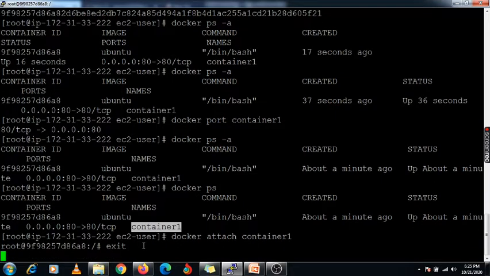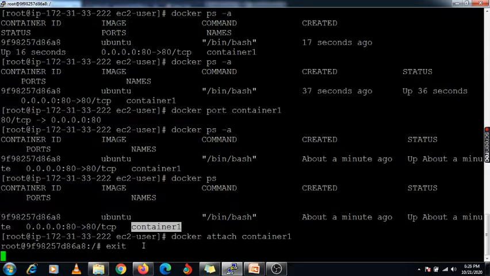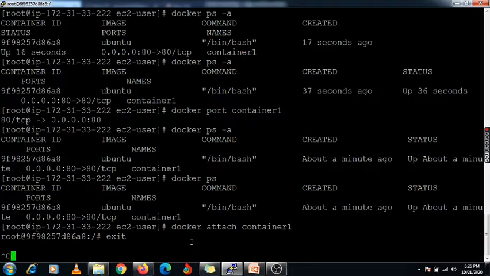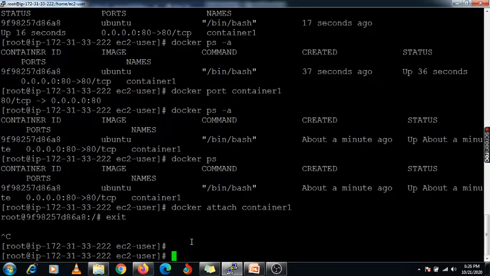Exit it. Second command, I am going to execute it first. Enter it again. It's taking time. Okay, the second command is docker exec -it, and you need to specify your container name, and you need to specify /bin/bash. Okay, so here is the second command, right? Using this command also you can go inside this container.